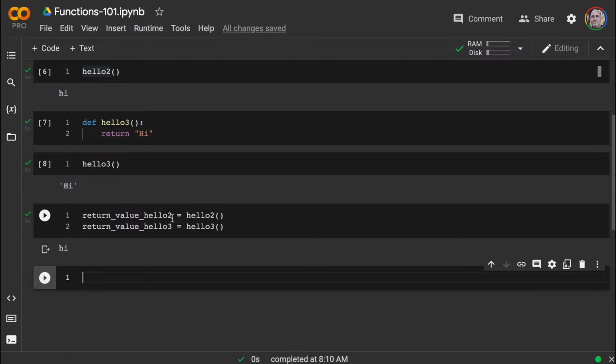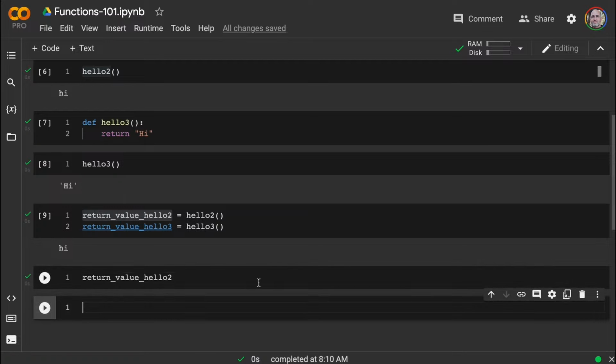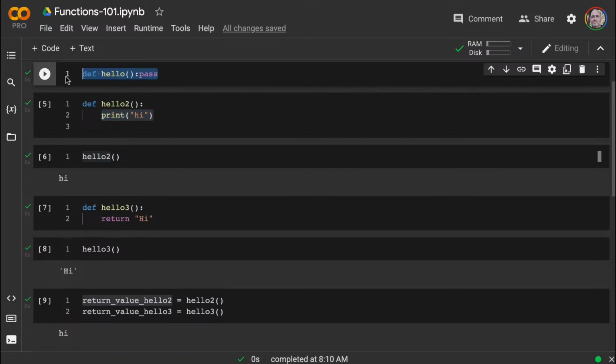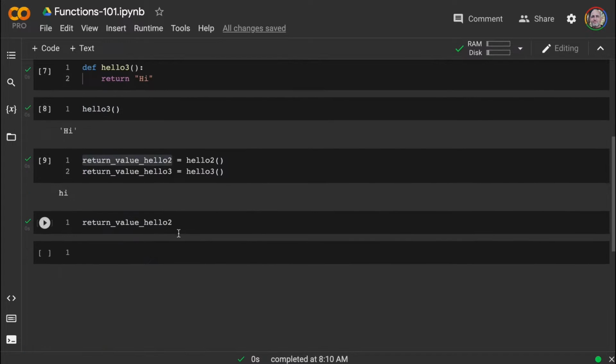And if I look at this one, what do we have? Nothing. There's nothing inside of hello2 because it doesn't return anything. And by default, with Python, the default is none, right? So there's nothing that gets returned. It's essentially equivalent to this return value.